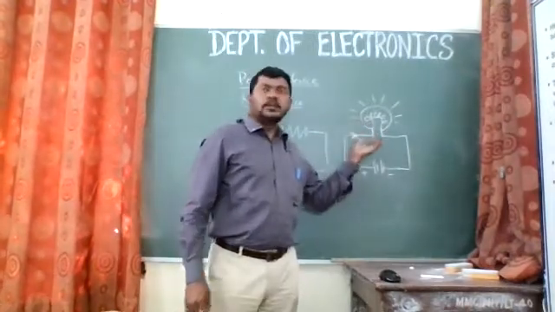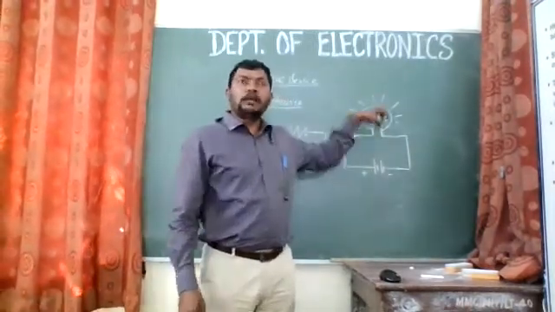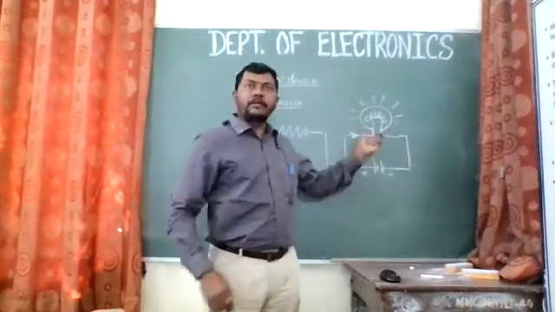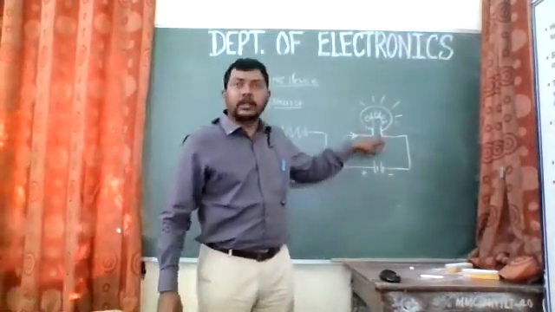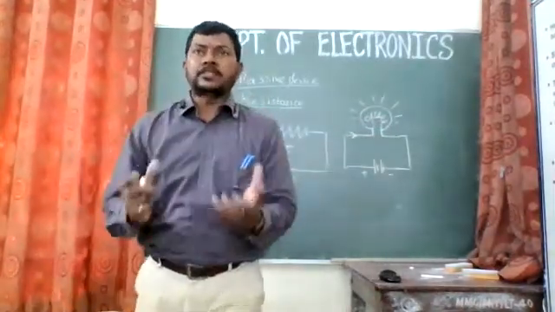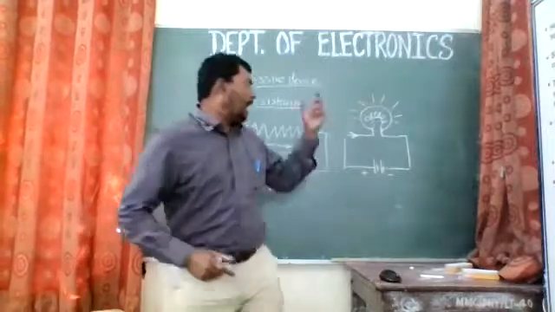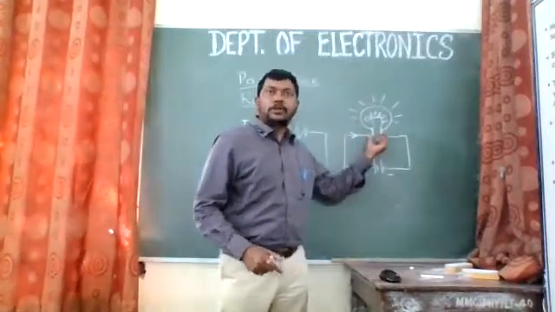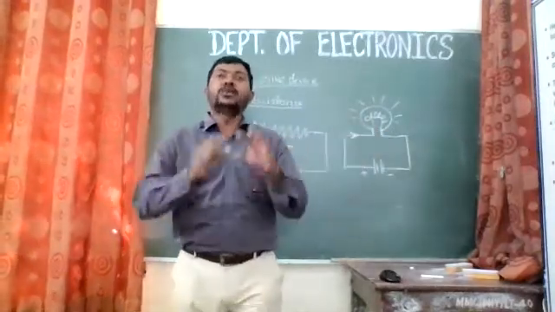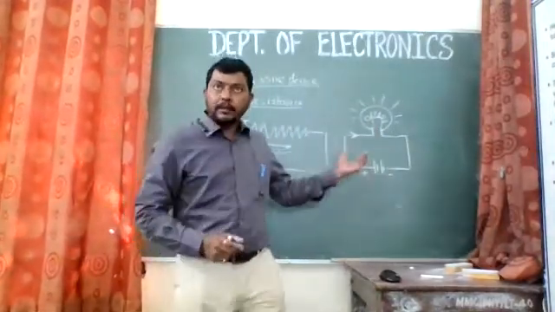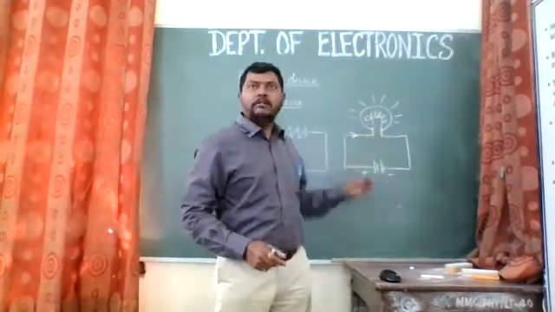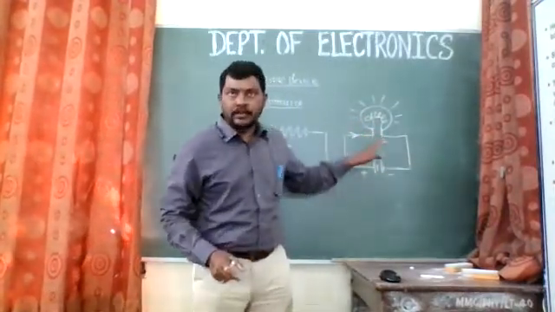Now, what happens is that every time I'm not able to put that bulb in a circuit, or any of the circuits. If I have a fan over here, I can't put the fan every time over there. So while testing or while designing a circuit, what I will do is take up the resistance of this particular bulb or a fan or the circuit which I need to drive through this battery, right? And I will put that resistance in there, and I will try to analyze the circuit accordingly.